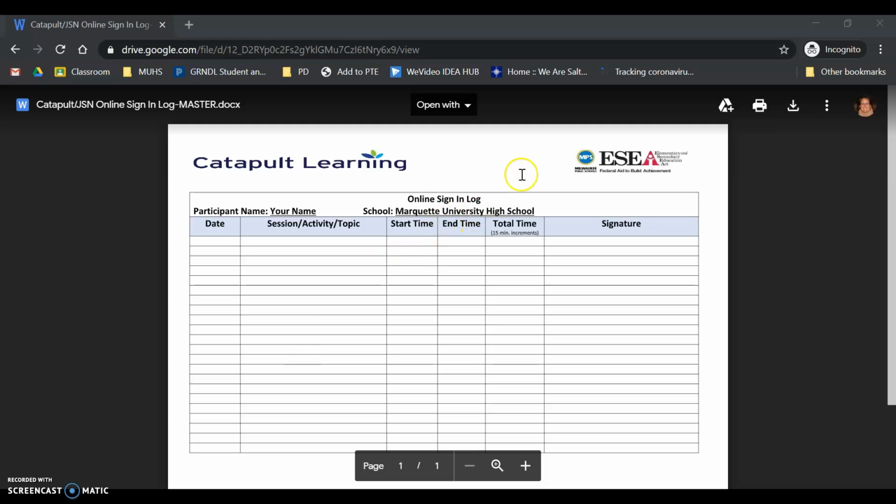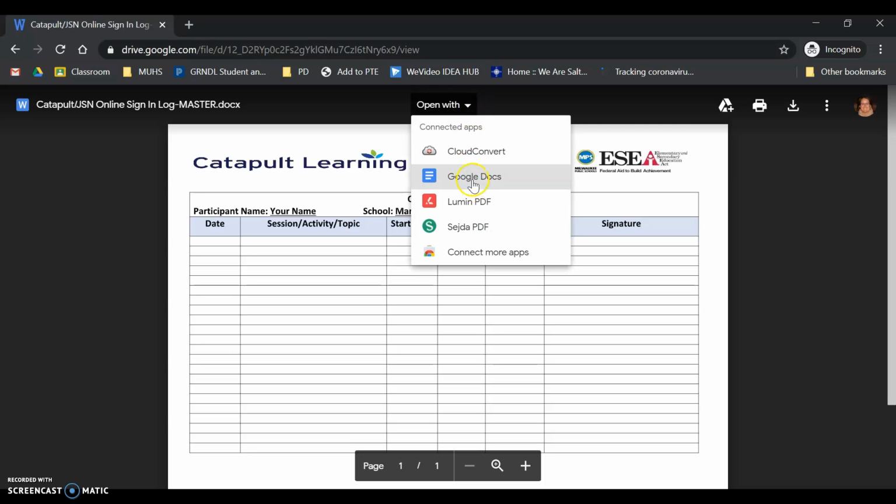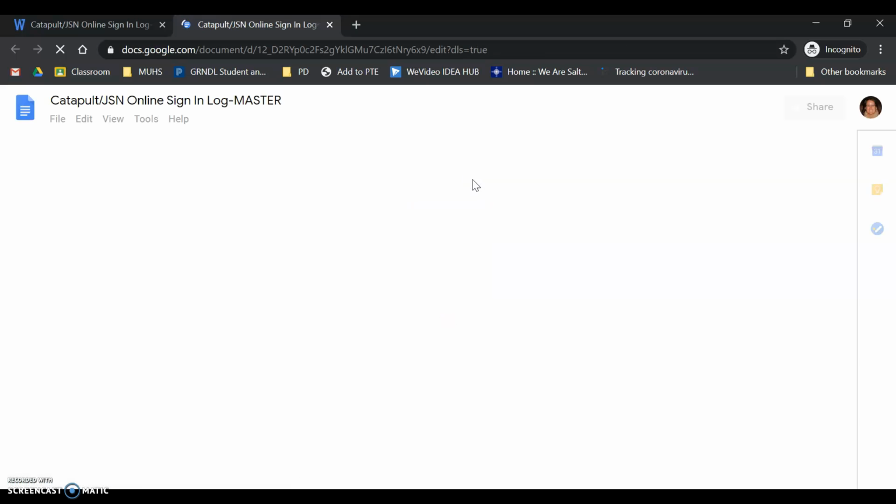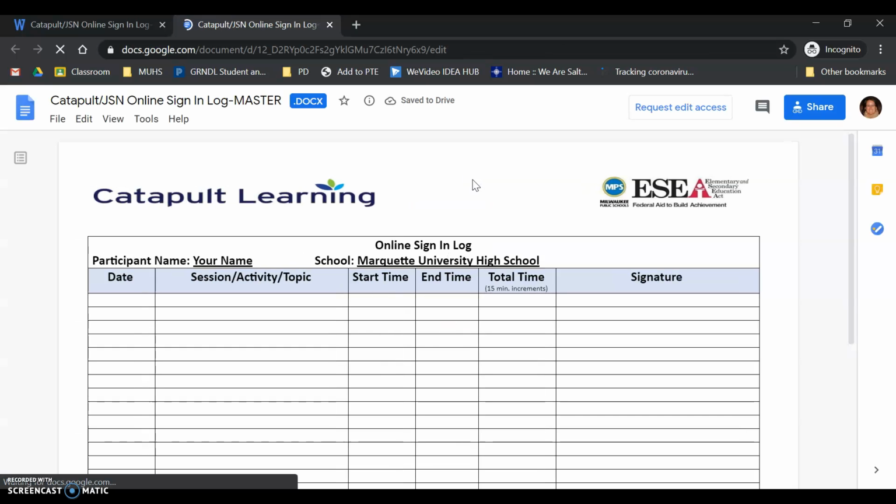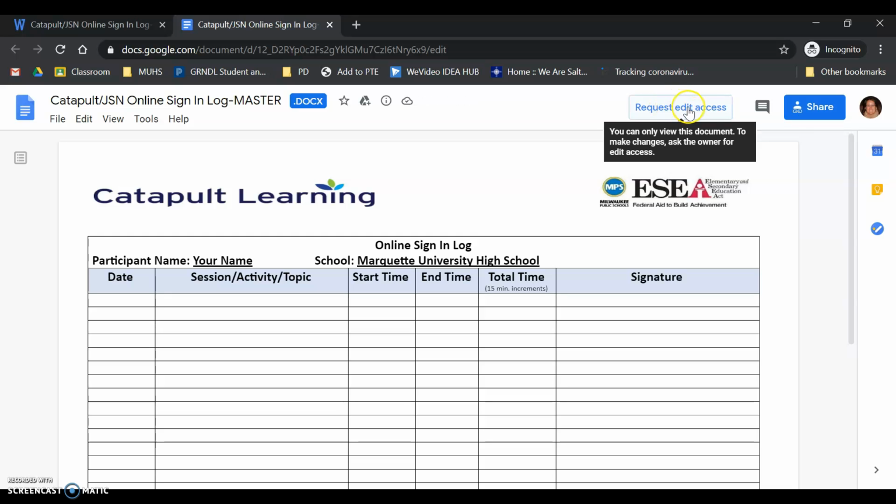So what you'll see when you click on that link is this screen, and you'll have the option to open this. So you'll want to click Open With and select Google Docs. What it's going to do is open the document in Google Docs with only the access to view. So you'll see you have to request edit access, but that's not what you want to do